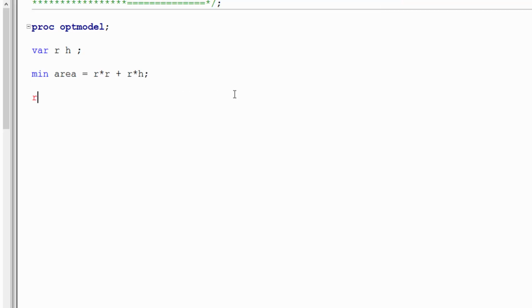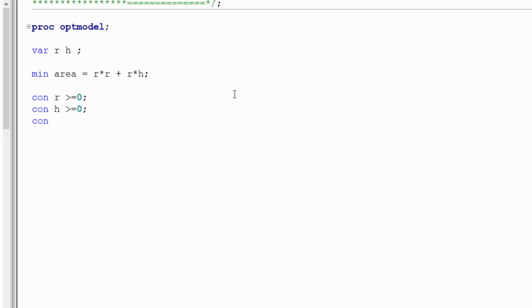So what are my constraints? My radius has to be greater than or equal to 0, and my h also has to be greater than or equal to 0, and the volume has to be the given volume 54 pi. So I'm missing out something, con. So con says that it's a constant expression. The third constraint is